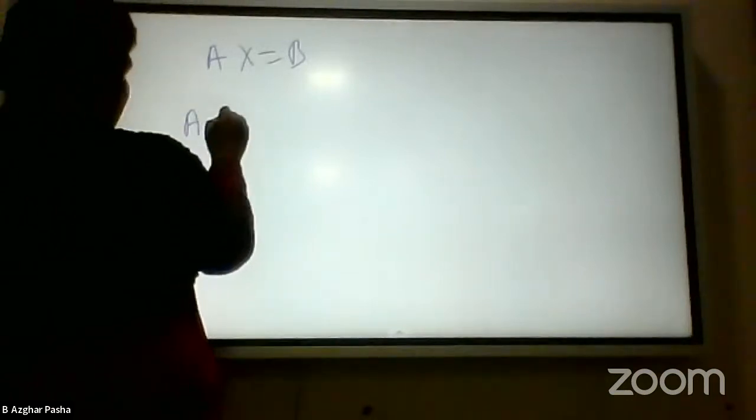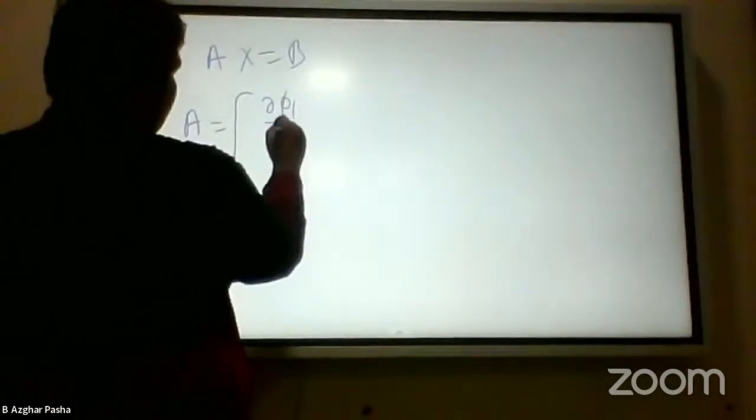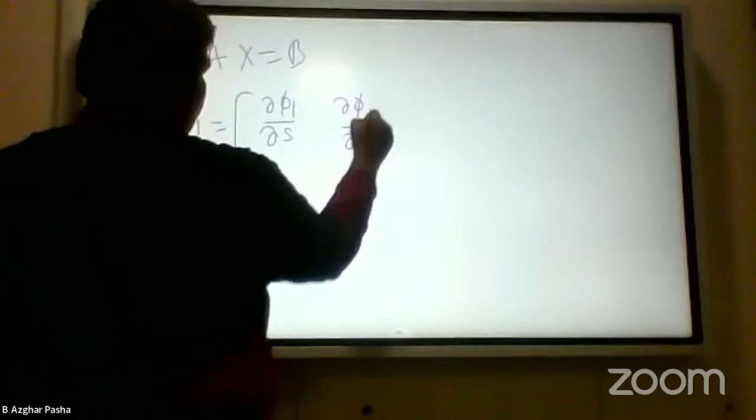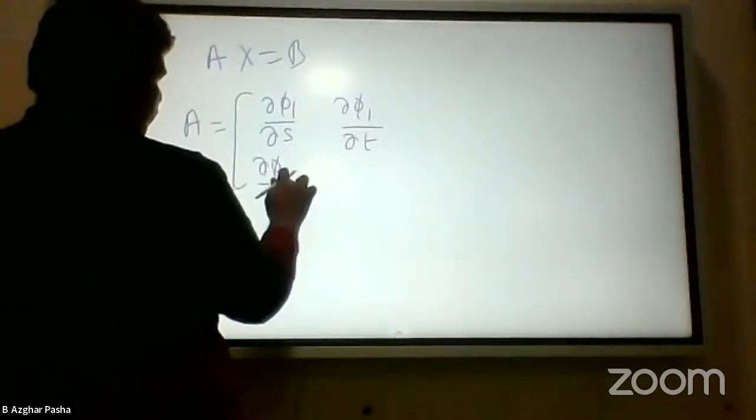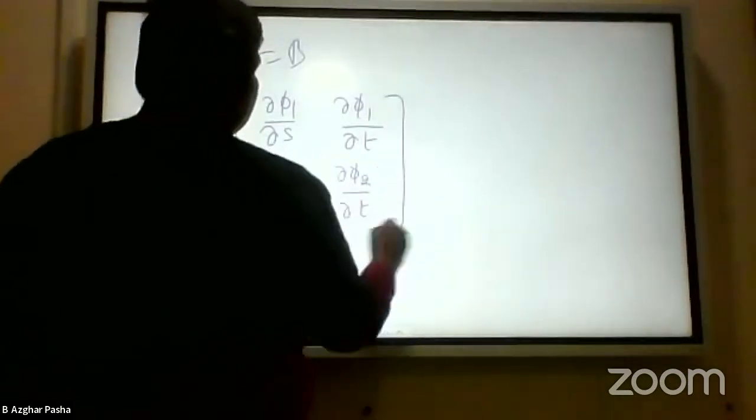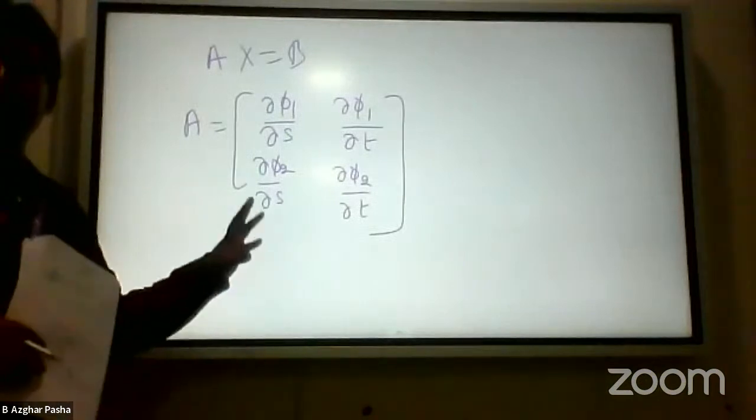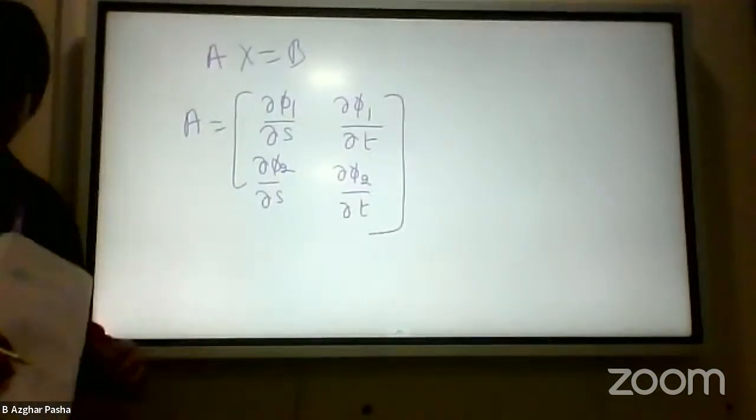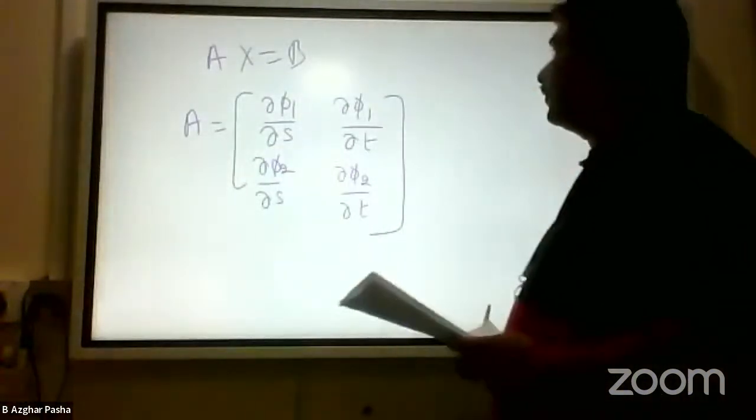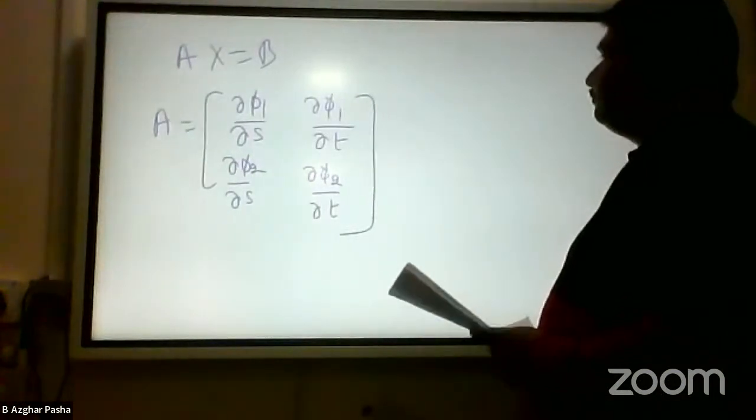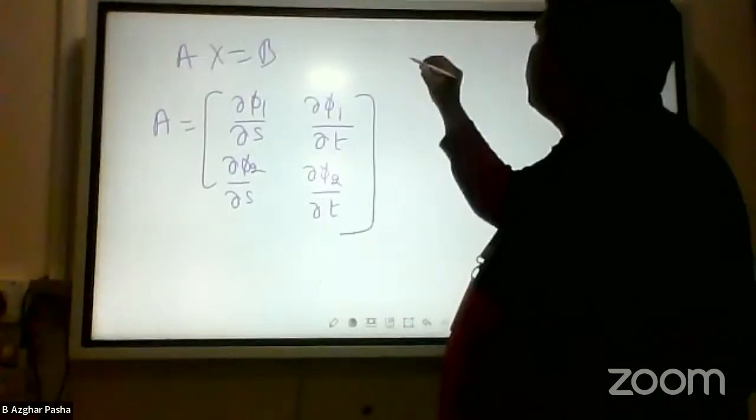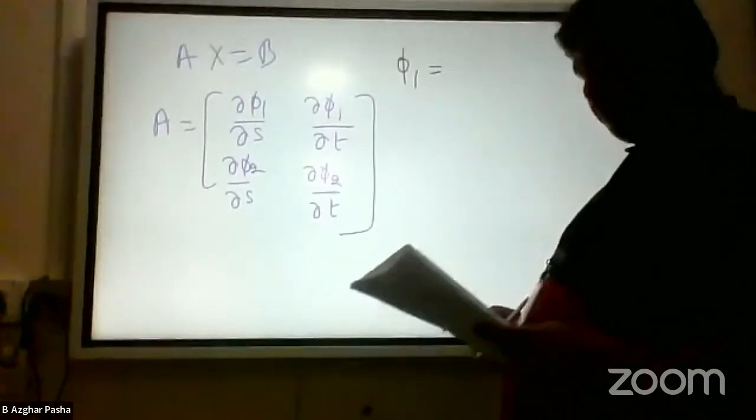So you have a matrix like this, A. For the first condition phi1, the matrix of unknowns is like this: ∂phi1/∂s, ∂phi1/∂t, ∂phi2/∂s, ∂phi2/∂t. Your main aim is to express this in terms of yi's. That is the task. Okay, phi1 is